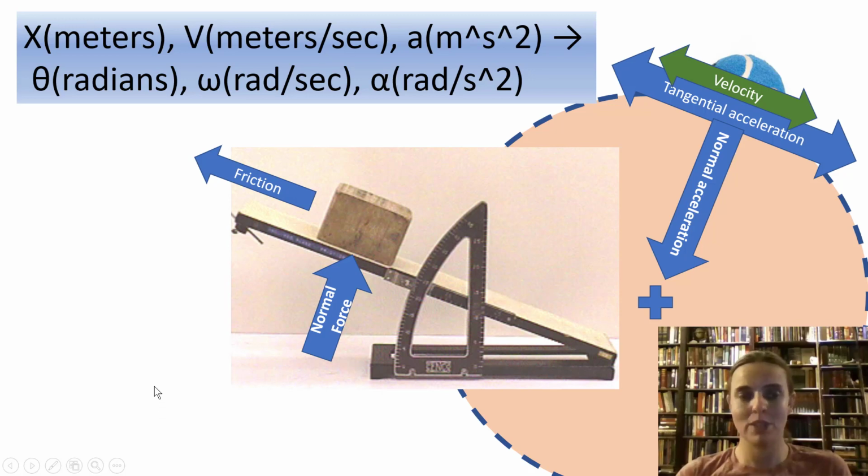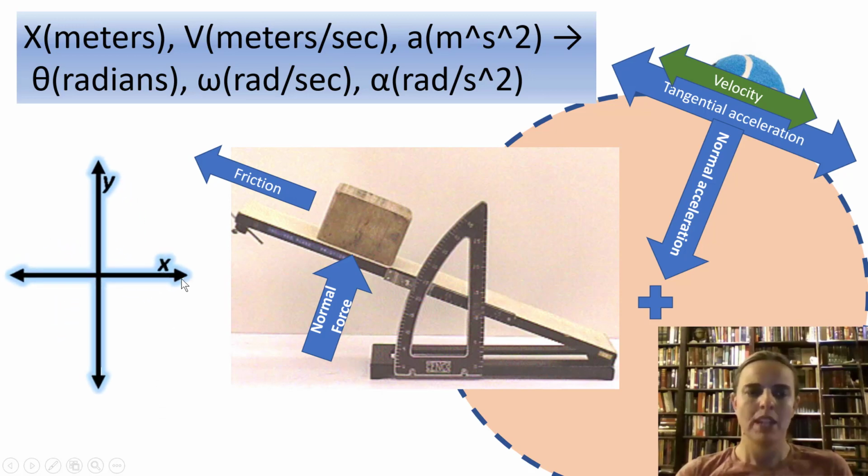Rotational motion and different types of coordinate systems. Okay, so we've done x and y, horizontal, vertical. What if we have a system that is not in the horizontal direction? Then it makes sense to reorient our coordinate system, right? And if motion is happening in the x direction and there's no motion happening in the y direction, it makes sense to orient everything with the direction of motion, the direction of the forces. So by reorienting my coordinate system, I don't have to split friction or the normal force in x and y